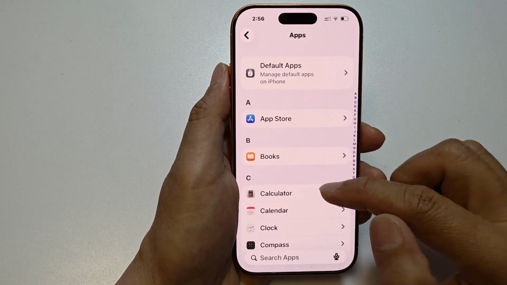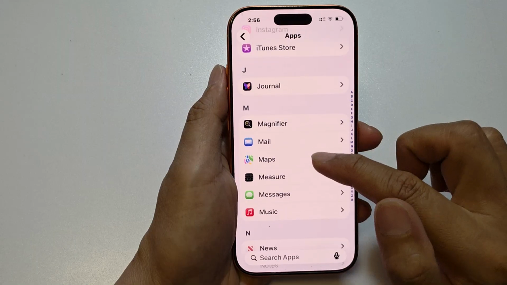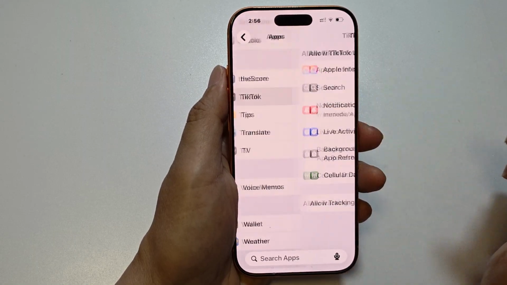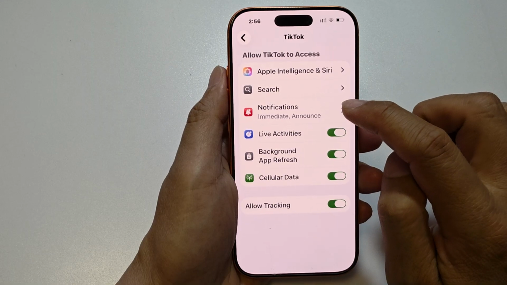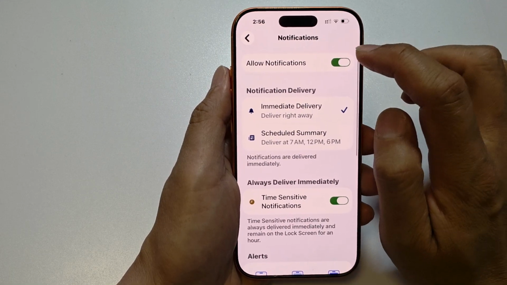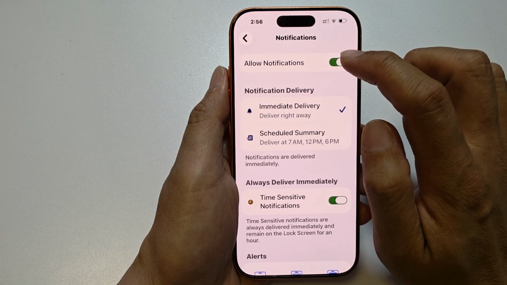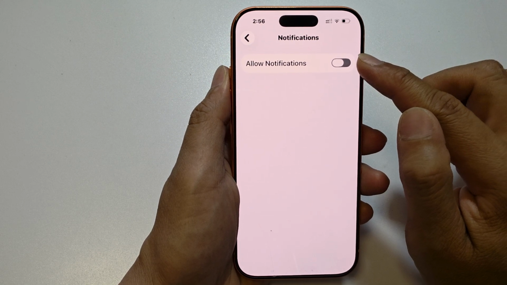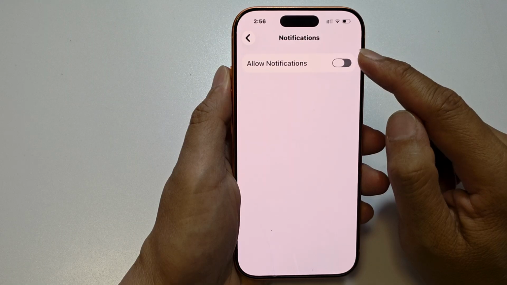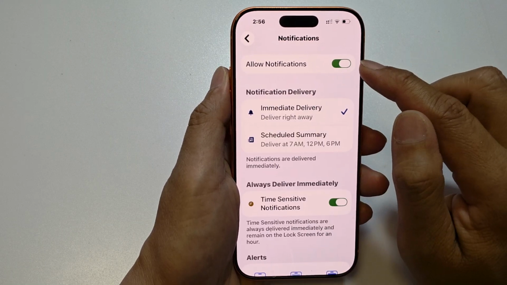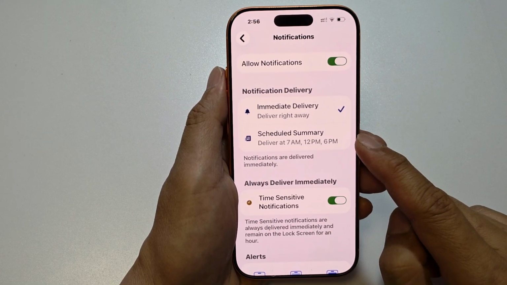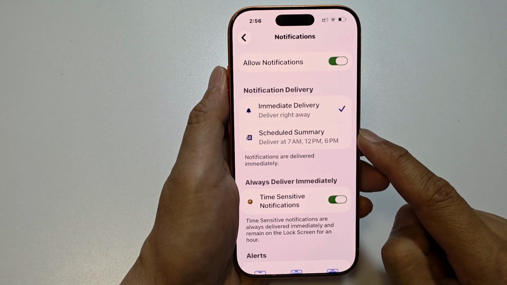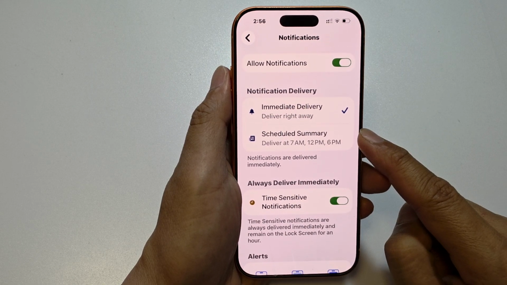After that, we scroll down and then tap on TikTok. From here, tap on Notifications. Then tap on Allow Notifications. Tap on the toggle button to turn off TikTok notifications completely on your iPhone, or you can switch it on and set a schedule summary so that it will send out TikTok notifications at a certain scheduled time throughout the